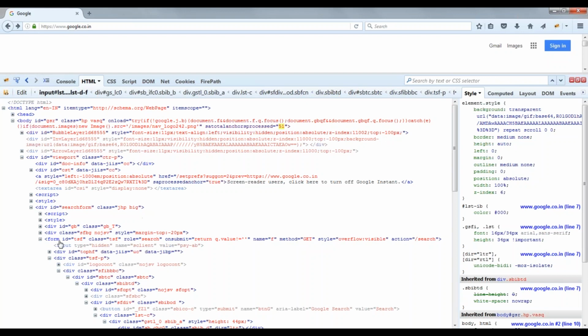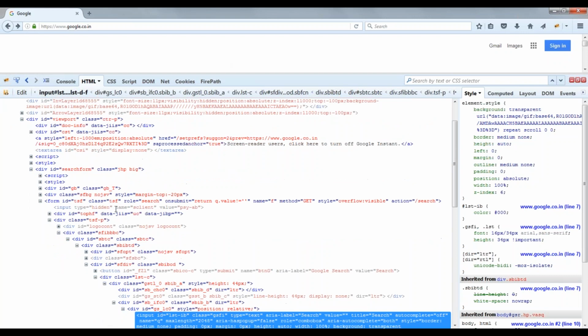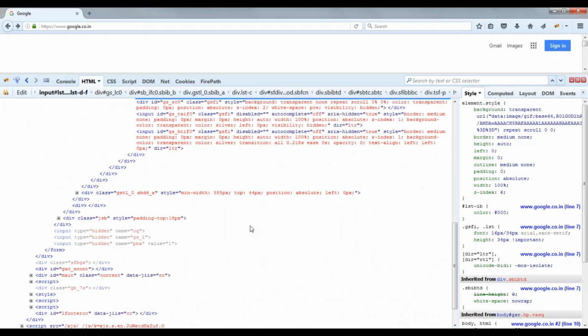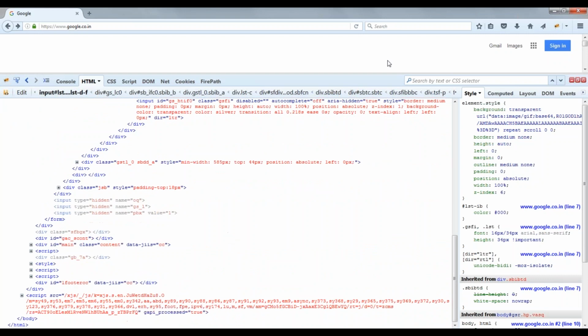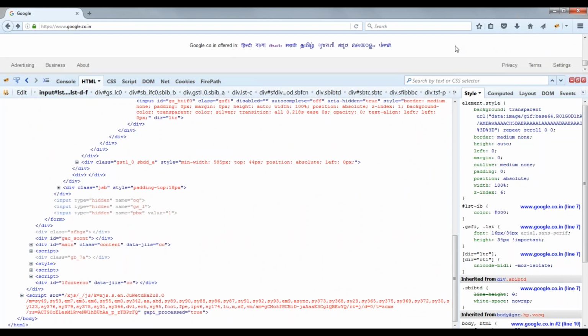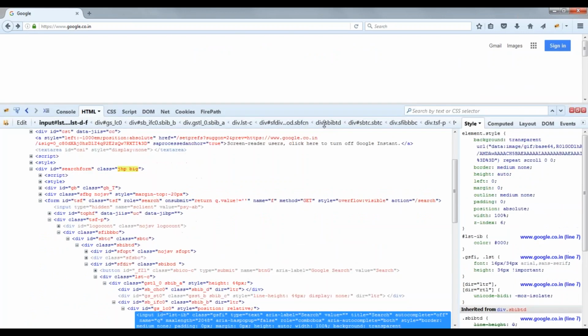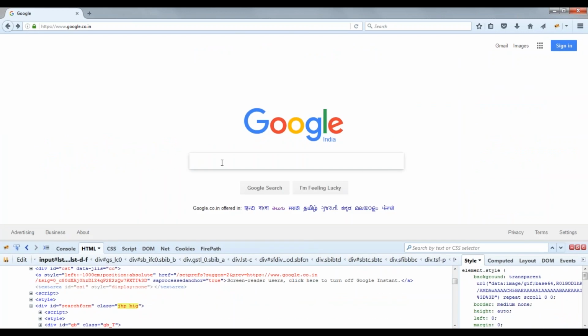If you want to have input fields, there is an input tag. Like that, you will be having checkboxes and drop downs. Somewhere you will get drop downs also; in this page it is not there. So all those are called web elements. If we want to perform some operation on these web elements, we need to first identify them. So how will you identify these web elements? That is the first question.